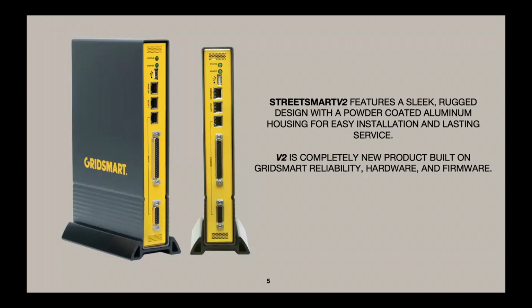Next, I'm going to go over quickly a few key technical specs and the design features of the V2. Kristen mentioned that the V2 is a completely new product built on GRIDSMART reliability, hardware, and firmware. As you can see, it looks a lot like the GS2 in terms of its rugged design and its hardened exterior. I want to draw your attention to a few other technical specs that it's developed for the TS1 and TS2